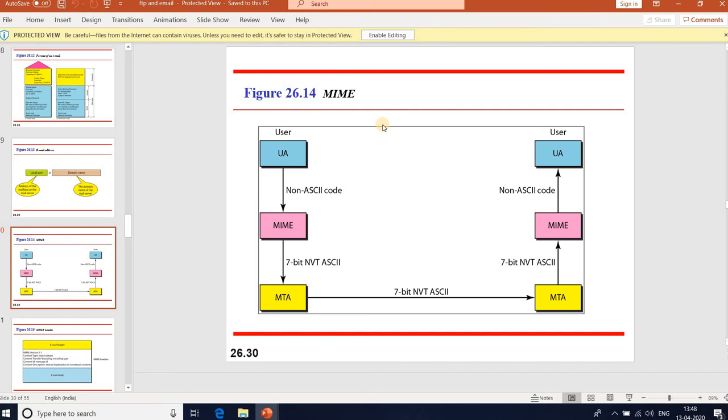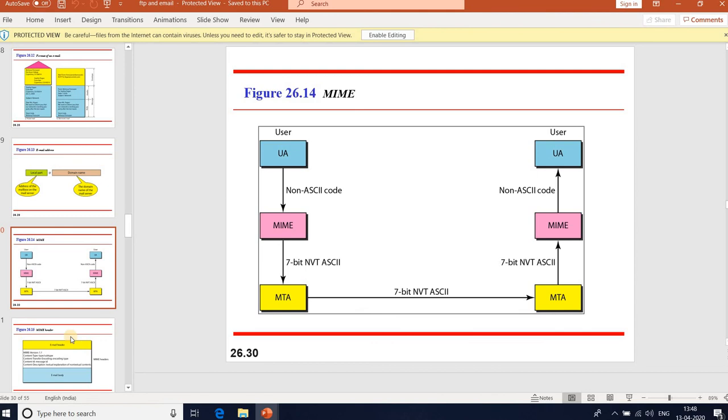So MIME transforms non-ASCII code at the sender side to NVT ASCII data, and delivers it to the client MTA to send through the internet. MIME is a set of software functions that transforms non-ASCII data to ASCII data and vice versa.